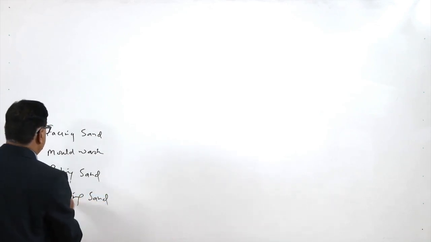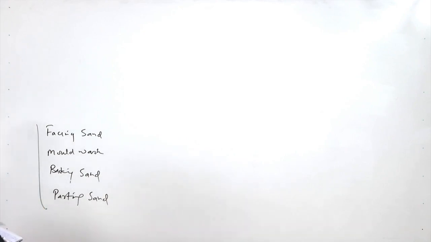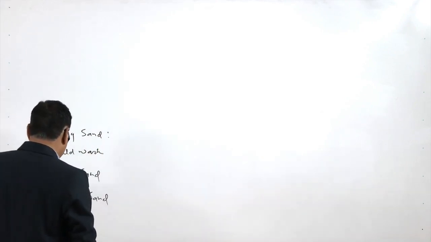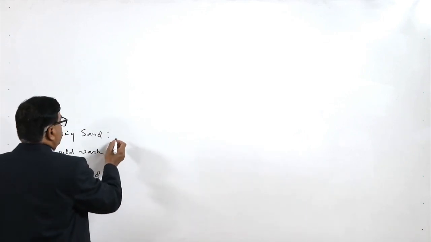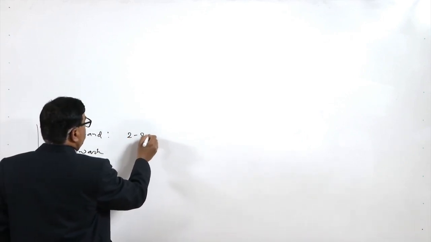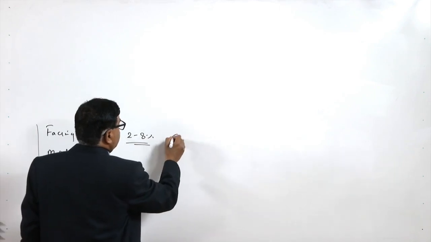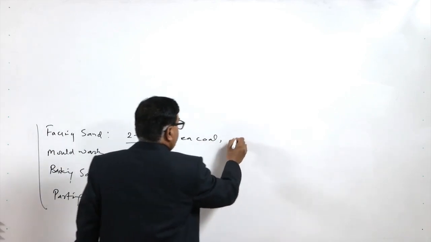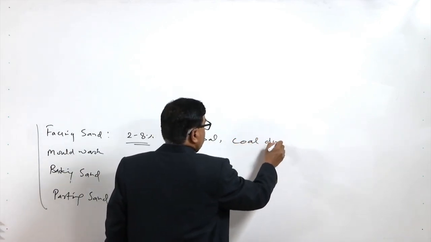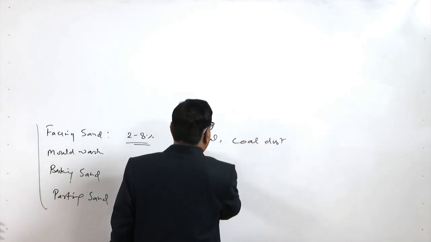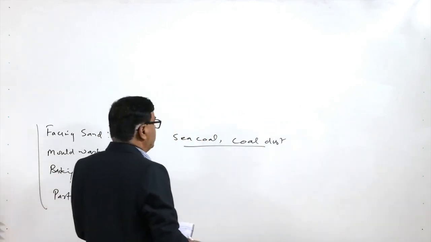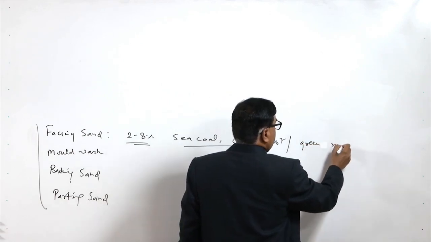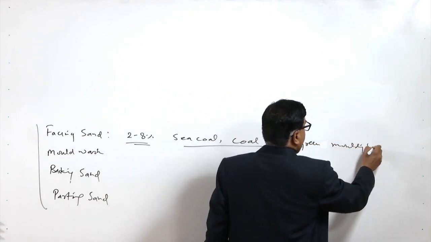The role of each sand is different, and different things are used for this purpose. Like the facing sand is used in 2 to 8%. Basically, this is the sea coal or the coal dust. These are the two types of things which are used. Basically, these are mixed with the green molding sand,